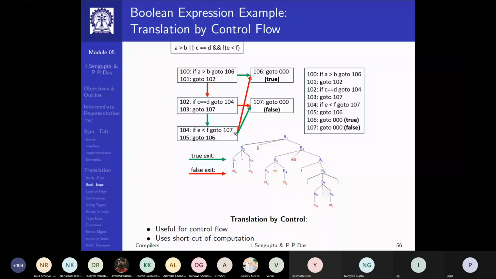If it is false, I say that the result is true. So if I translate like this, put together, it is a code which finally takes me to 106 if the Boolean expression is true, and to 107 if the result is false. This is called the translation.